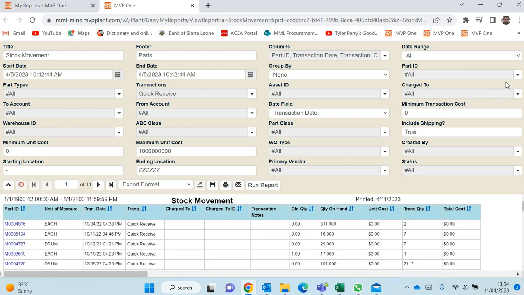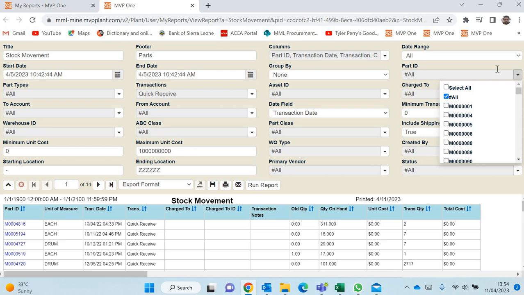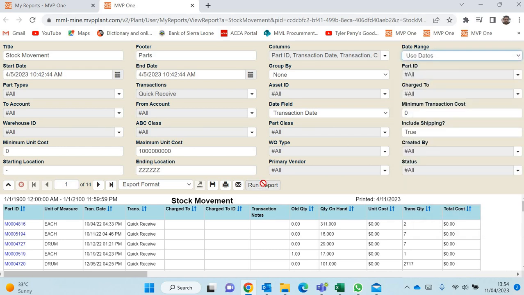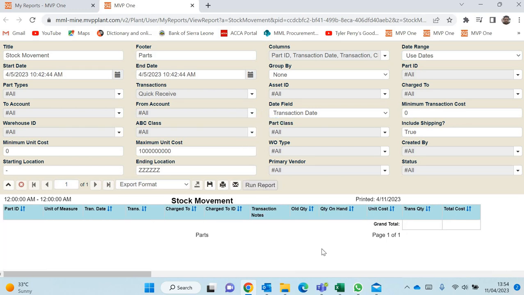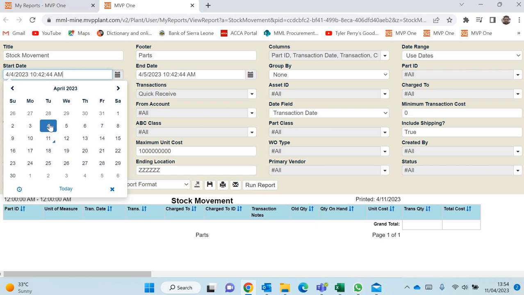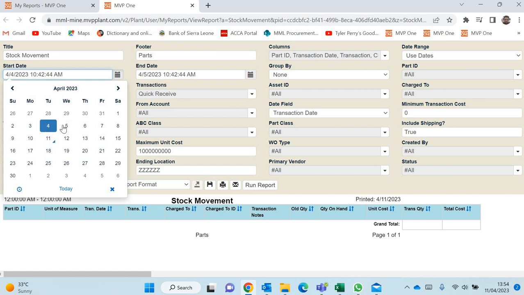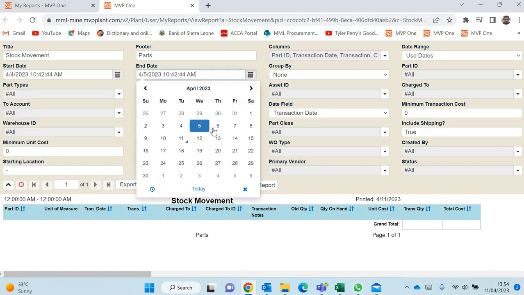This, no. Let's use exactly how you say user dates. Yeah. No work. Let's put like this. No. April 4. April 5